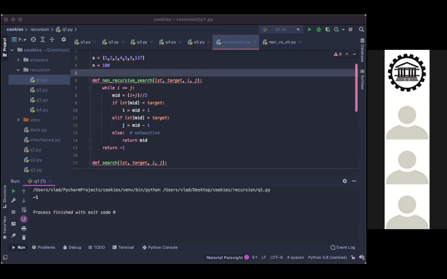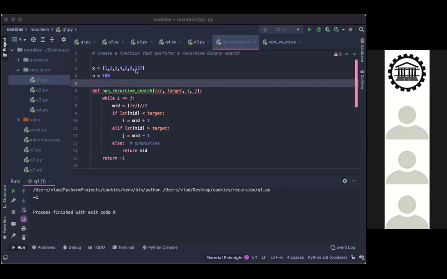Why is it slower? Well, I thought that maybe the worst case scenario is that it would have to... What's the worst case scenario for a binary search? When would that happen?